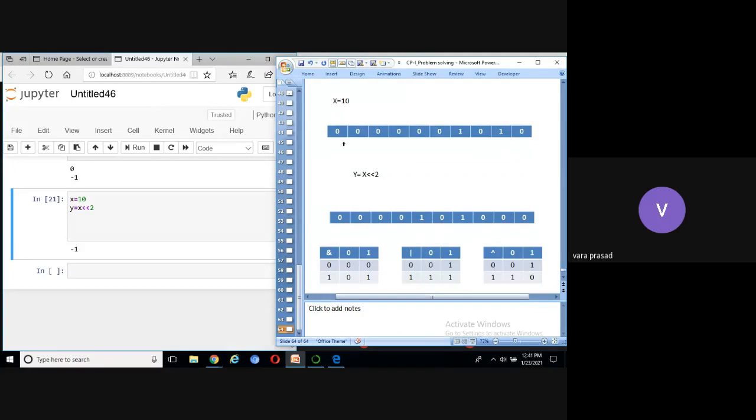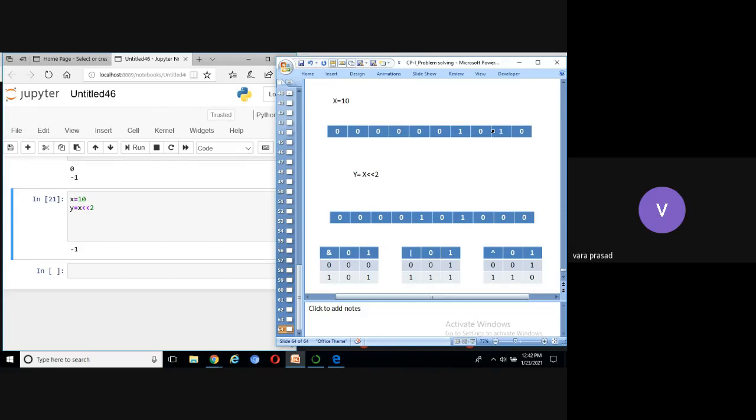Okay, now this will come here. We remove these two. Automatically, this bit will come here, and this bit will come here. Like we need to rotate. First, rotate one bit: this will come here, this will come here, 1 will come here, 0 will come here, 1 will come here, 0 will come here. Now we get one blank position at the right-hand side. You can fill it with 0.